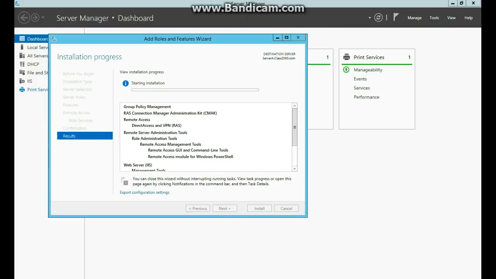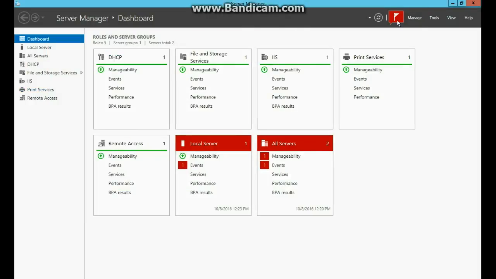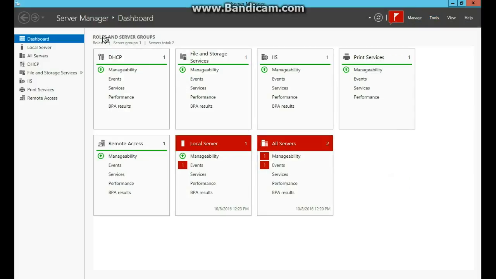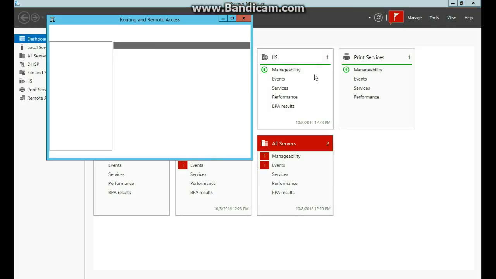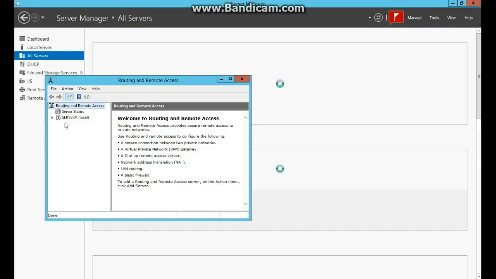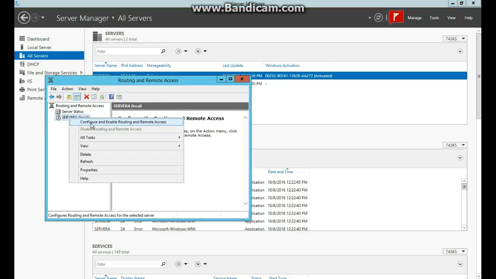And we just gotta wait for the installation to occur, so I'm probably just gonna go ahead and skip ahead for this part. So we just finished the installation, now hit close, and let's do manage, tools, and then routing and remote access, and a dialog should pop up in a second eventually. Okay, so inside of remote access you want to go to our server, right click it, and